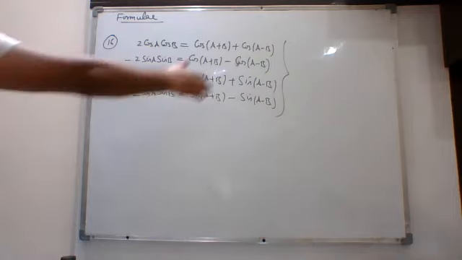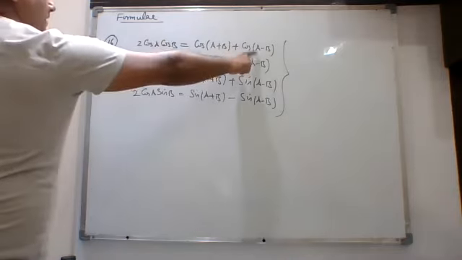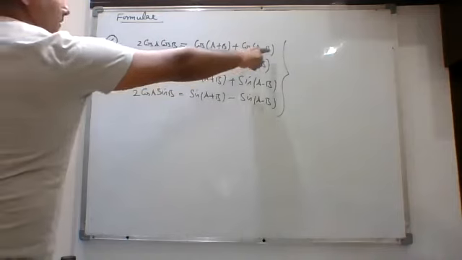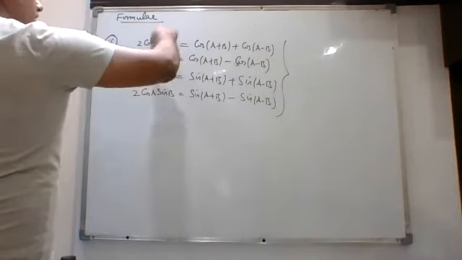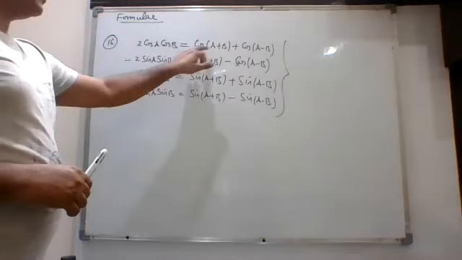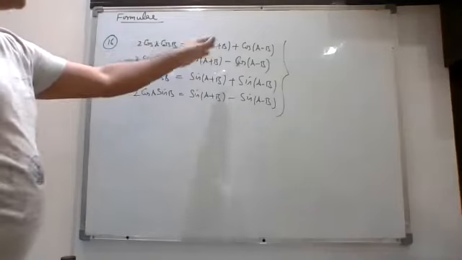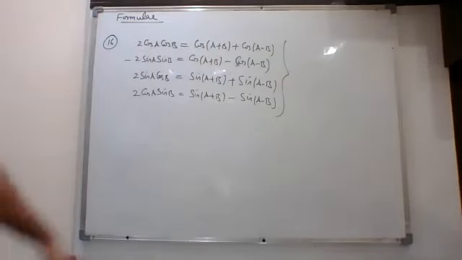Now, if you want to prove these formulas, then you can start from the right hand side. Simply apply the formula of cos A plus B and cos A minus B, do the calculation, and you will get this as the final answer. So how to prove these formulas? By using those first 4 formulas, we can easily prove them. Cos A plus B, cos A minus B, you already know that. Put the values, do the calculation, and in 1 or 2 steps you will get the answer. Similarly, all the formulas can be proved. Just write down these 4 formulas.